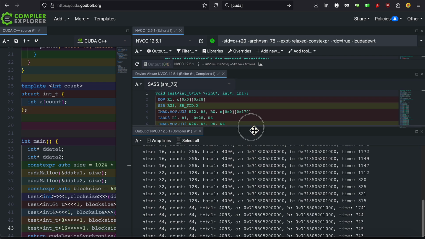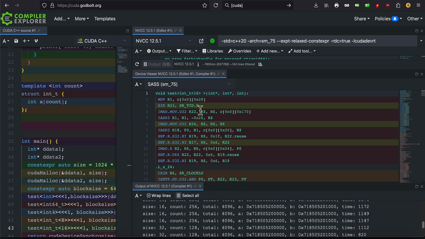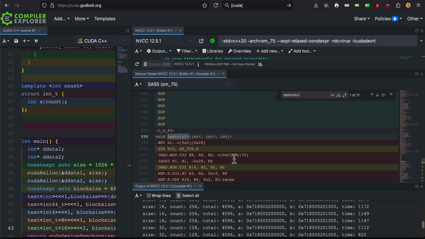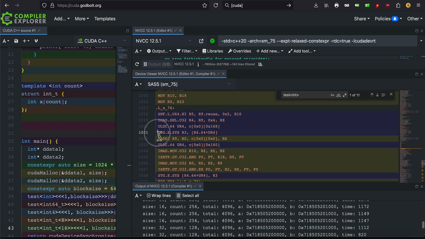Now, obviously, it will create a routine for each size. So here we have 16. Now I want to go to the int first. So here we can see the load from memory. Here we have the store to memory, and then we have a whole bunch of loop overhead. Now the loads happen on an int by int basis.